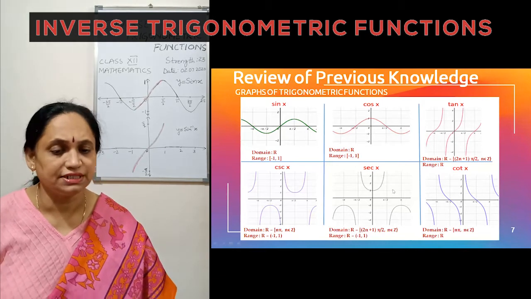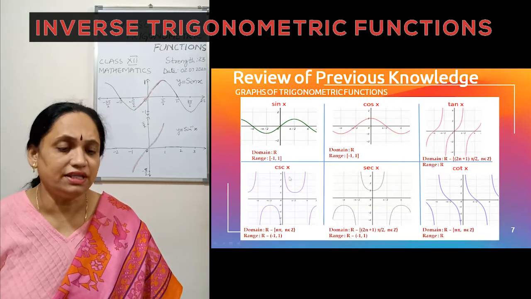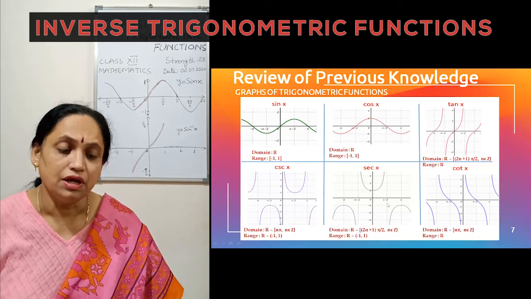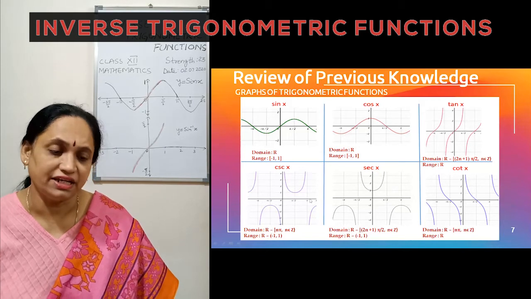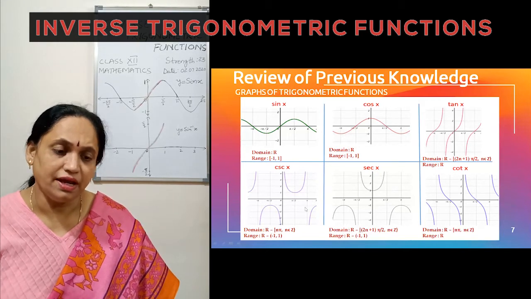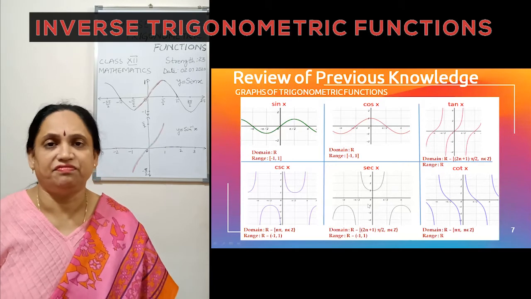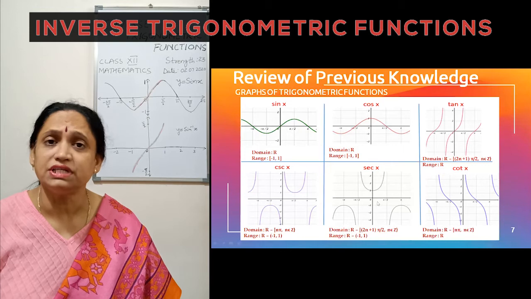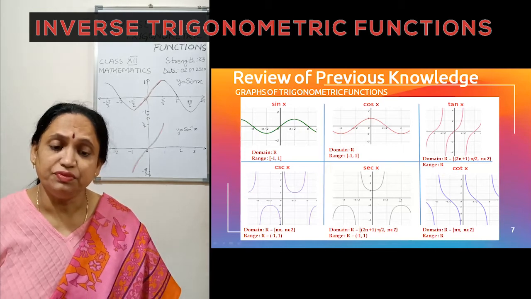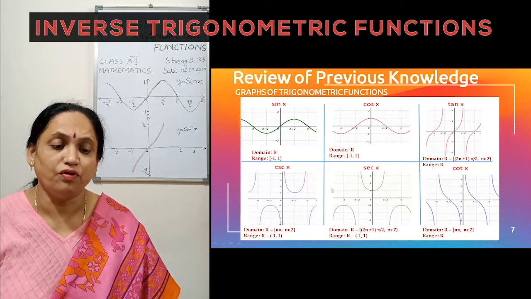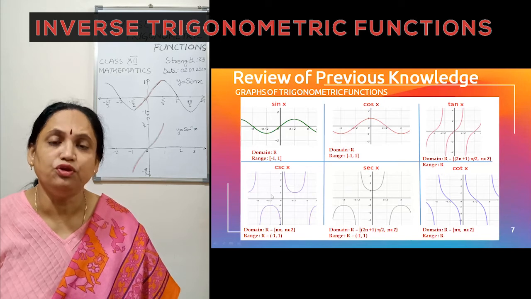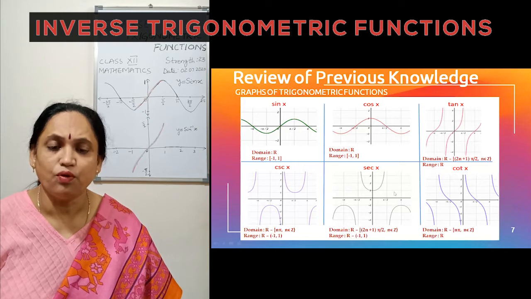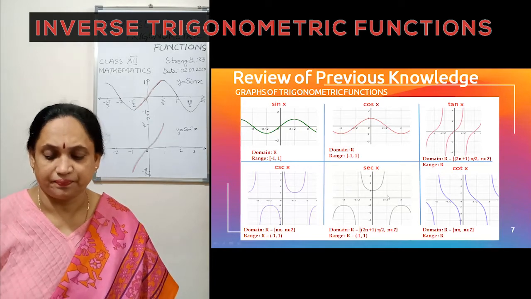We move to the cosecant and secant function. You can look at the graph of the cosecant and secant. Although they look similar, there is a slight difference because cosecant is not defined at multiples of pi and 0, and secant is not defined at odd multiples of pi by 2. And you can also see that the region between -1 and +1 of the y-axis is not being used. So the range is R minus the open interval -1 to 1.